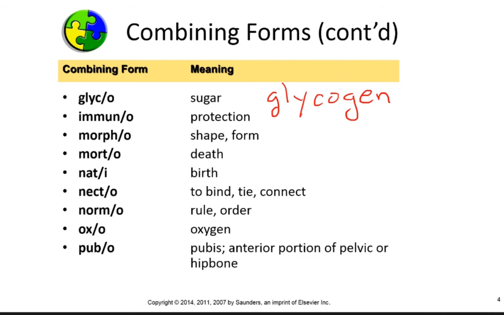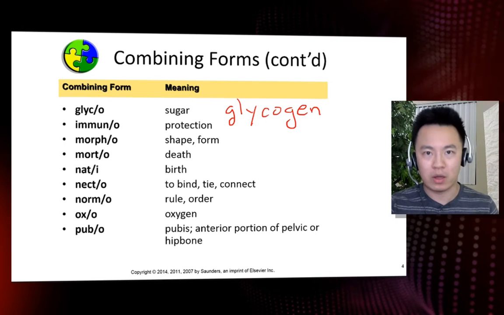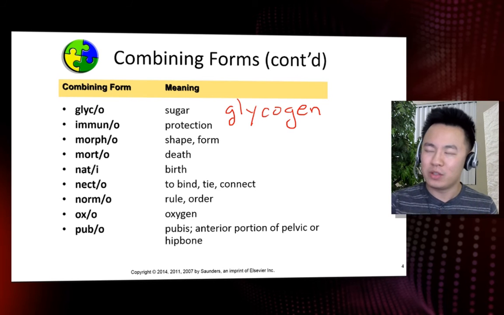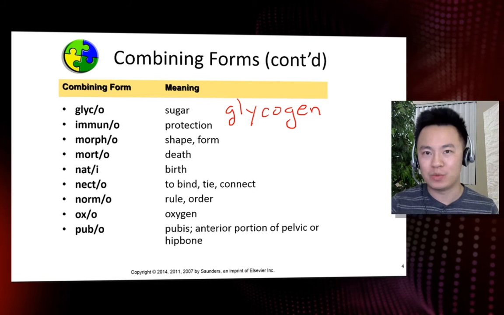Morpho here means shape or form. Morto means death. For example, what is the mortality rate in this city due to the disease that is caused on the city? That is an example of using that there. Or if you're trying to find a way to remember what morto means, think of the Addams family. Who was Mr. Addams' wife? It's Morticia. Morto, death. Morticia. I think you can see the connection going on here. So hopefully that will help you out.